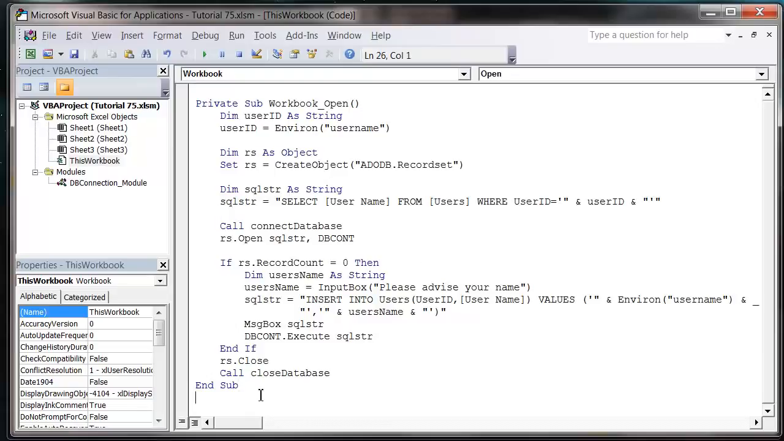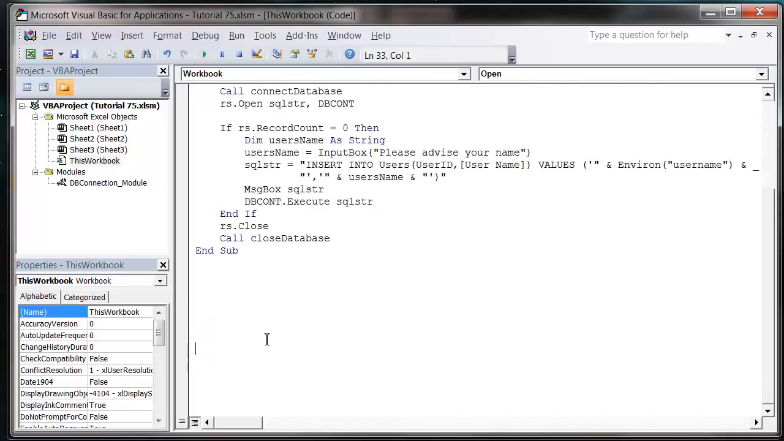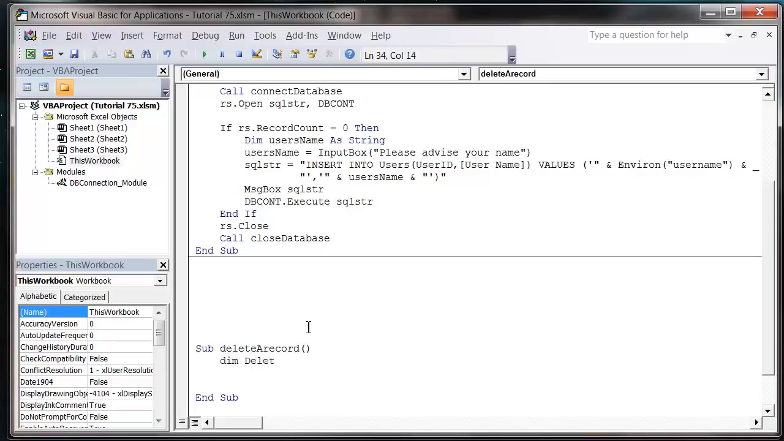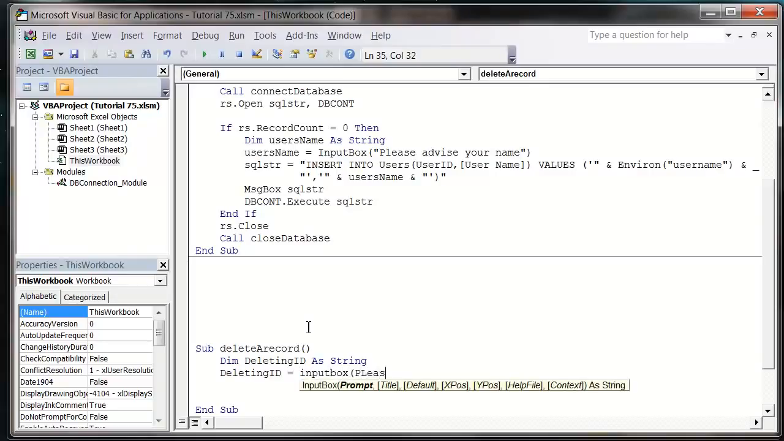And so we're going to do this in a new sub down here, so let's just do Sub DeleteARecord. And then we want to put in Dim deletingID As String, and deletingID equals InputBox, and then let's just ask, please input ID to be deleted,